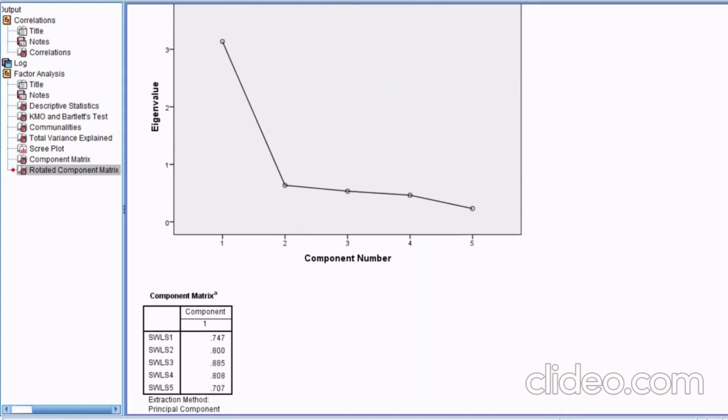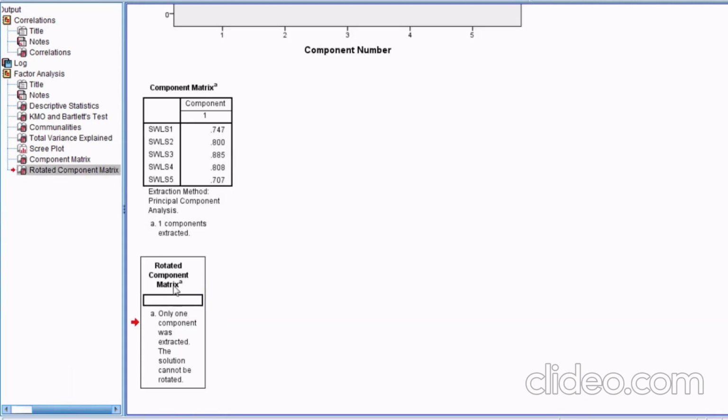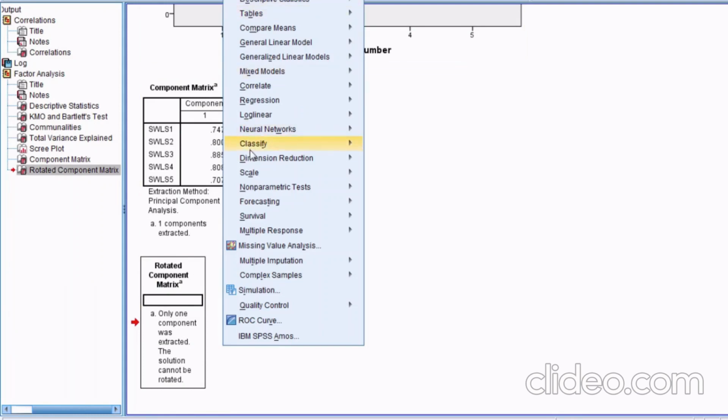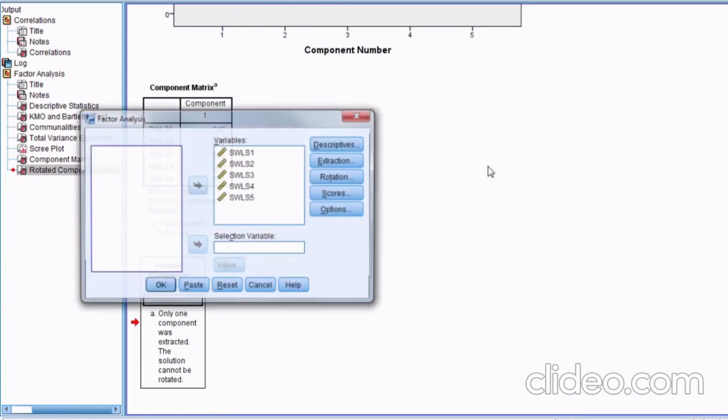To make, and that is when you have a one component solution in principal components analysis, there is no rotation. So rotation only comes into play when there are two or more components or variables. So with one variable, there is no rotation, and that's why we only have this output. And the reason why we got this output is, if you recall, when we did our factor analysis in SPSS